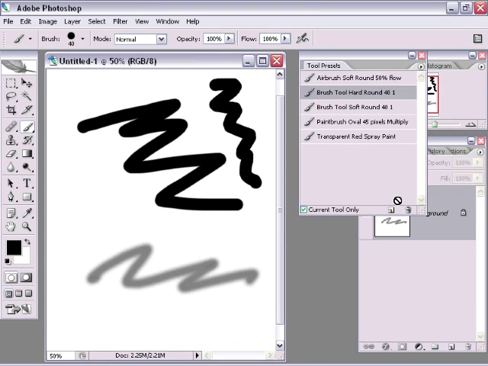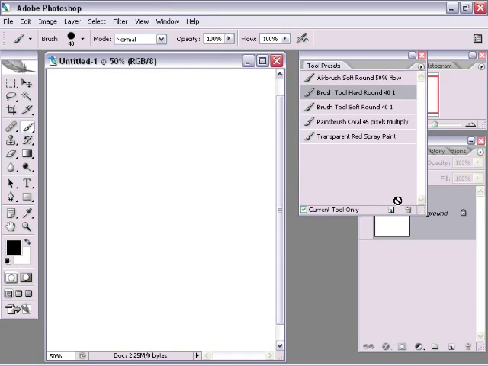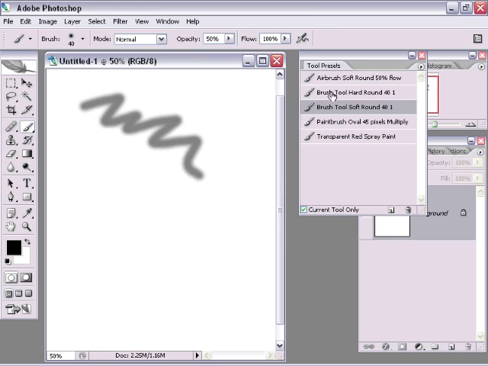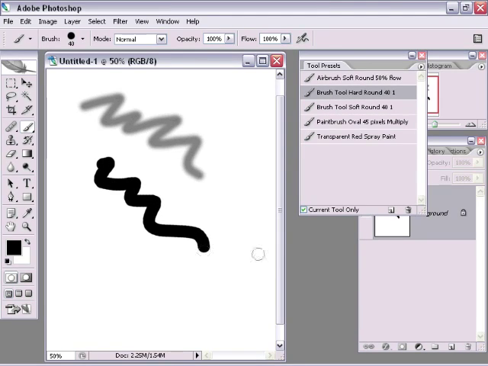So if we were to be starting out brand new, and I said I want to use my softer brush that I used before, just click on that brush preset and it jumps right to those settings. If I want to go back to that other one, just click on that as well and it goes back to your settings. So you can see the power start to really build here, especially when it comes to brushes,